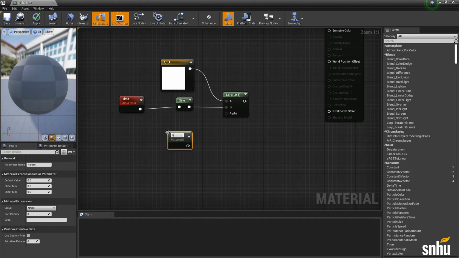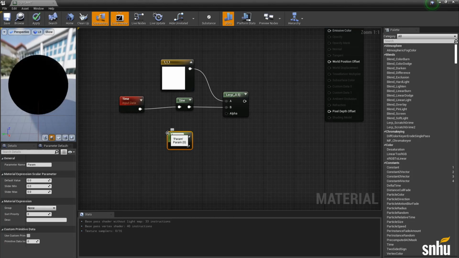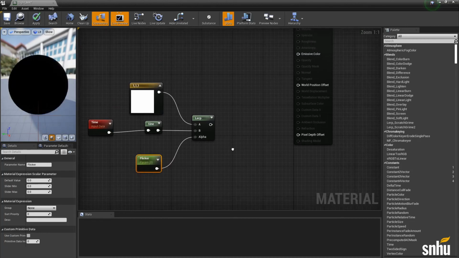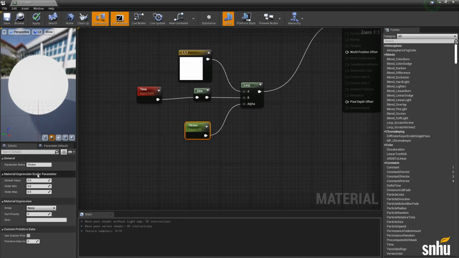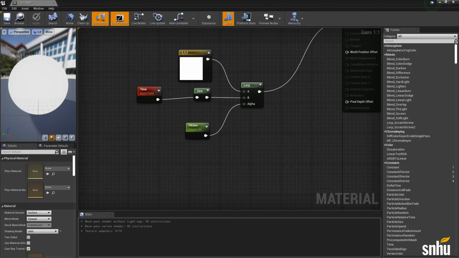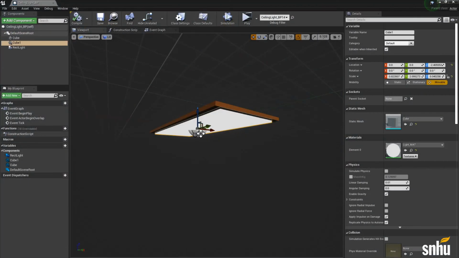So hold S on the keyboard and left click, and this is going to be flicker. We're going to plug this in there, and then plug that in there. So when this value is 0, it's going to be A. When it's 1, it's going to flicker. Okay. Now save, and let's hop back into our blueprint here.